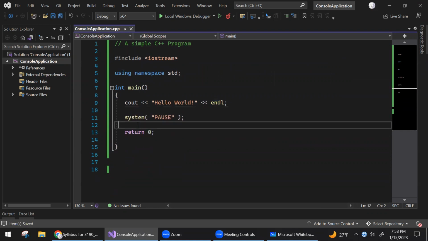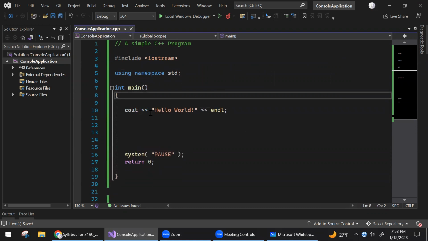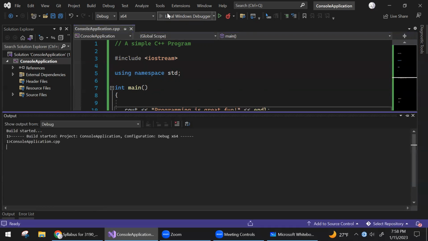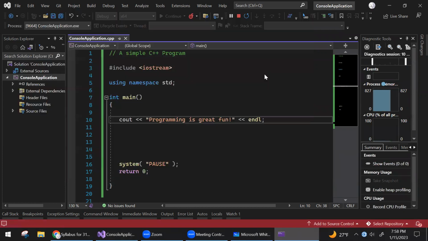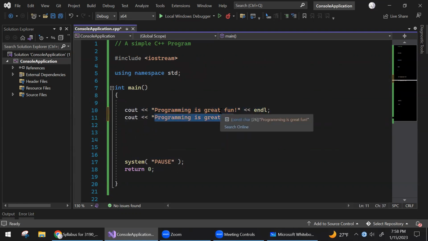Here we go. So now I have this program that displays hello world. I can change this. I can say programming is great fun, and this will display programming is great fun, literally. And notice it displays a hidden new line, and then the next statement will go on the new line. For example, if I add a new statement, and then I type this professor is the greatest,